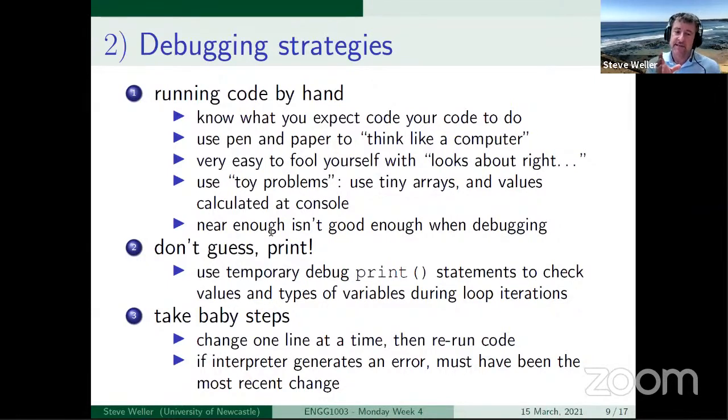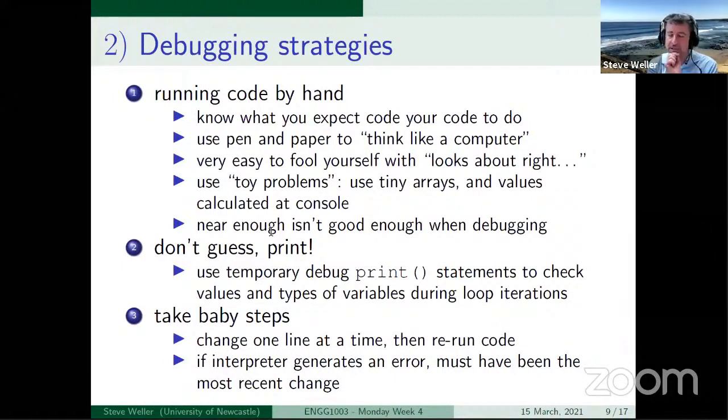So that's another really good strategy. What that often means is that if you've got a program that's, let's say, 10 lines long, and it produces an error somewhere, start commenting stuff out until you've got a shorter program that works, and then progressively remove those comments one line at a time, or as few lines as you can. Sometimes it's not possible to do one line at a time. Maybe you've got a for loop and you need 2 or 3 lines at a time to add in order for the for loop to operate. You can't operate a for loop without its header, for example. But you get the point. Baby steps, smallest step you can take, make one change at a time, rerun your code.